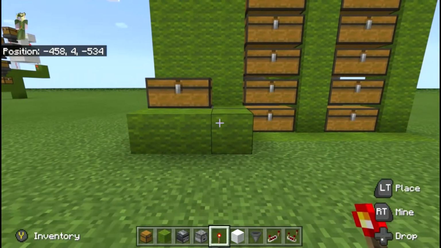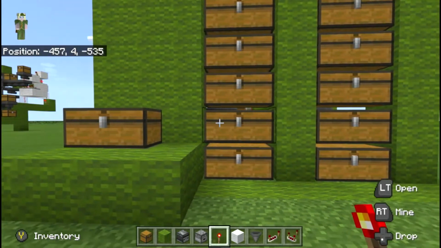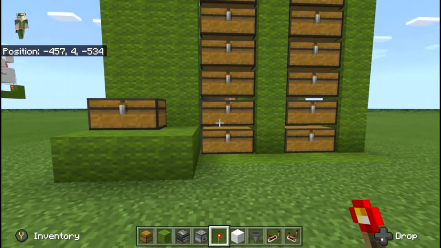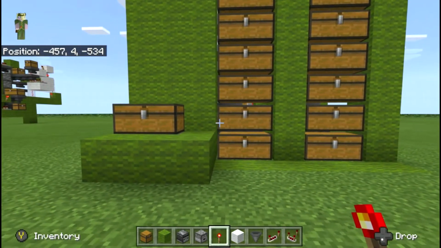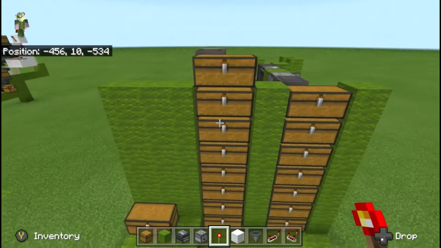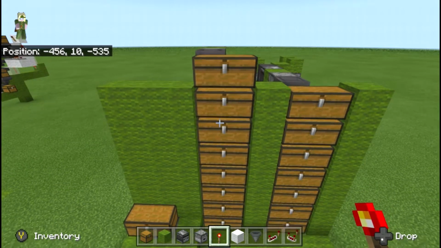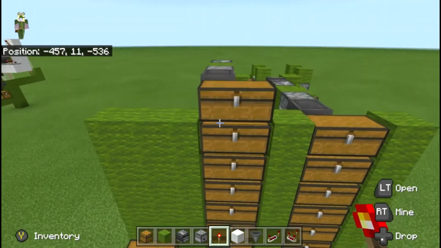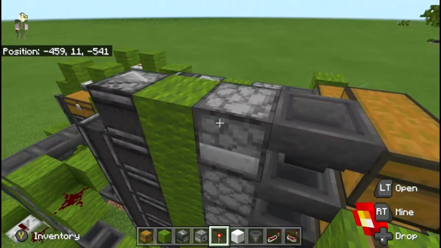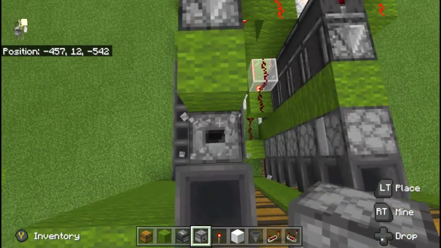But for things like cobble or stone, where you're going to have double chests of stuff, that's the stuff that you don't really want to sort through because it takes forever. And you don't want that to go into a multi-item sorter because it takes up too much room, and it's just a real waste of space for it. But the benefit of having one of these is that if you ever wanted more space, then you could simply come up here,